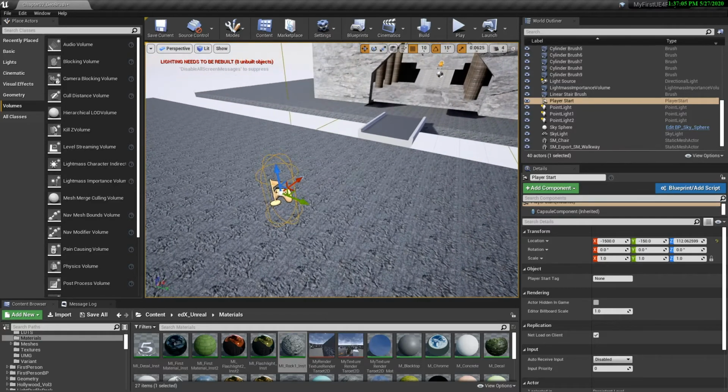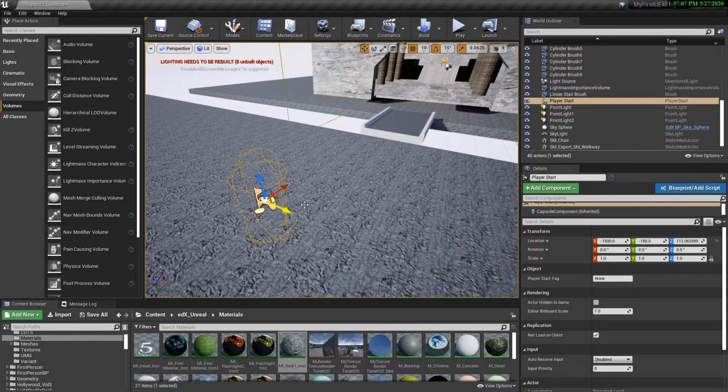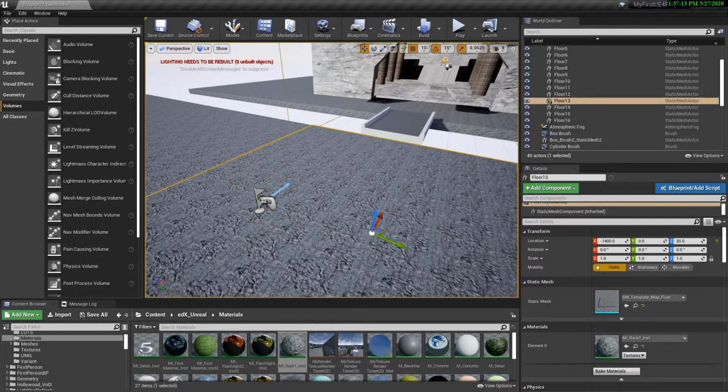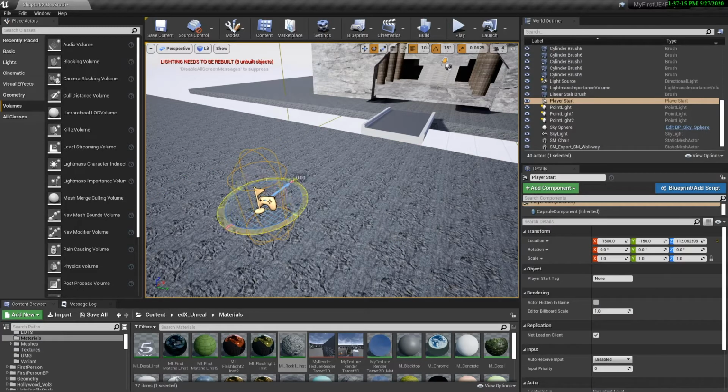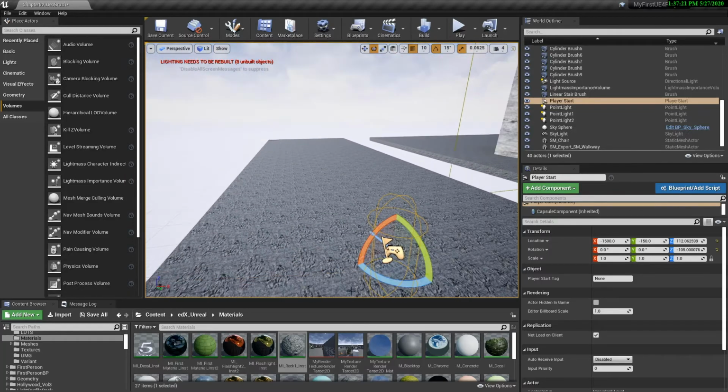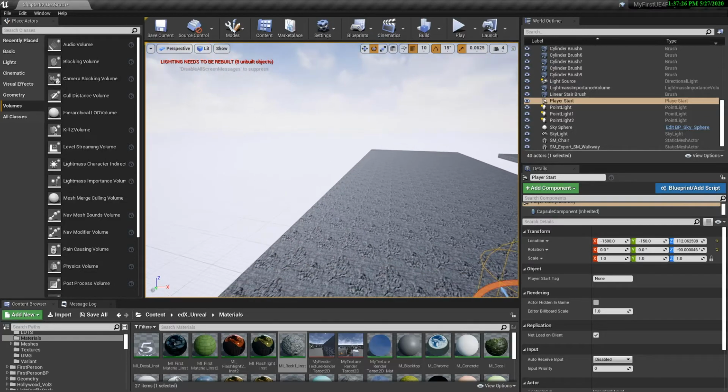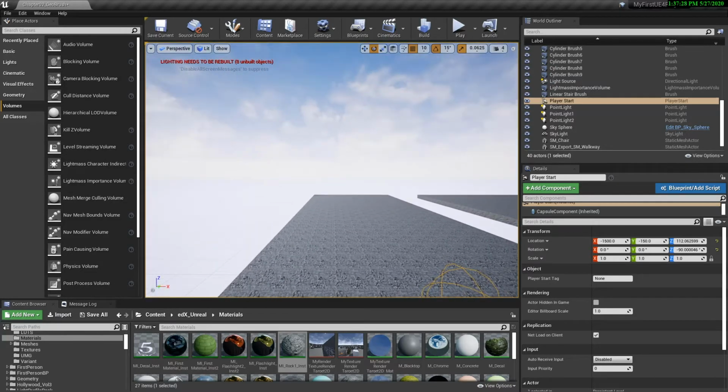Let's talk about the player start. Now, up till now, we've moved it around, but we haven't really talked about the initial direction the character's facing. So this blue arrow on the player start is the direction the player will face when they start the level. So we want the player to be looking at the sky. I'm moving it 90 degrees, and now when we select the sky